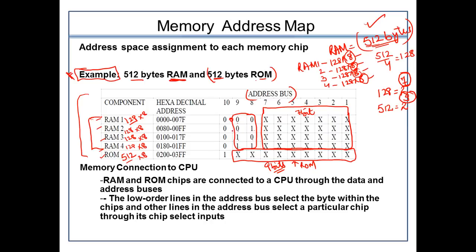So this is in decimal 0, which means the 0th RAM chip will be selected. 0 1 depicts that the second RAM will be selected, then the third RAM will be selected: 0, 1, 2 and 3. Accordingly, all those RAM chips are selected. So this 8th and 9th bit in the case of RAM contributes to the selection of the appropriate RAM chip, and this 8th and 9th bit in the ROM depicts that a 9-bit address is required to demonstrate this idea.